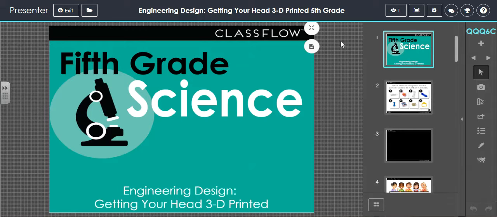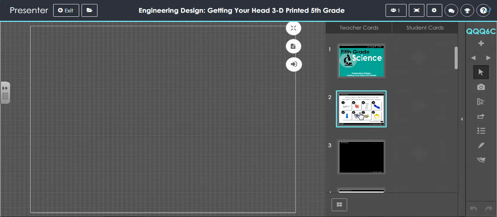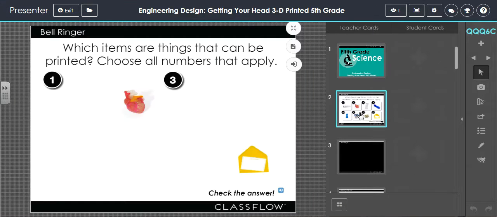This is a 5th grade science lesson for engineering design. It's called Getting Your Head 3D Printed, and it really is just an introduction to what 3D printing is and what it can be used for. So to get things started, the bell ringer activity,